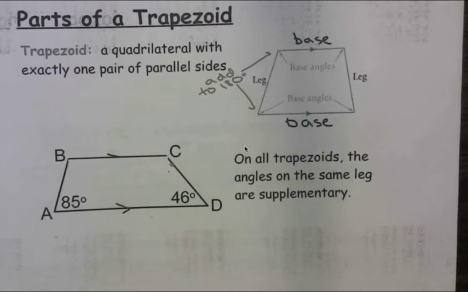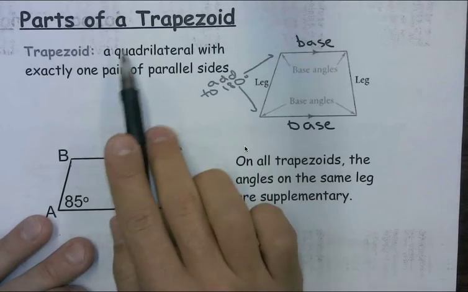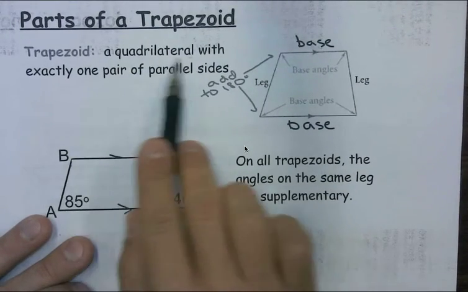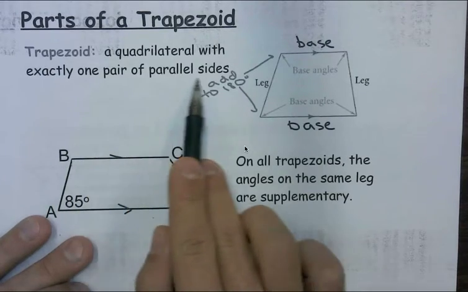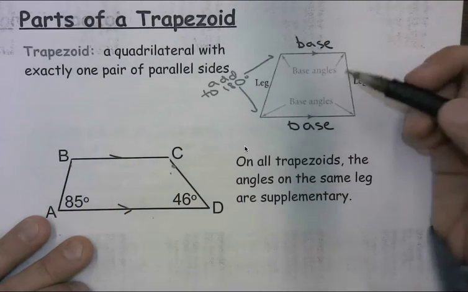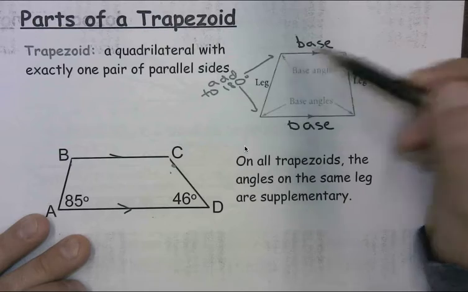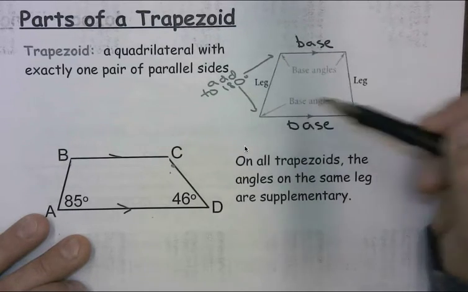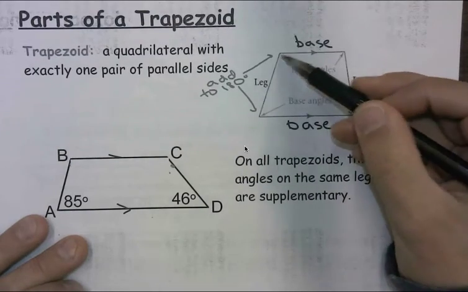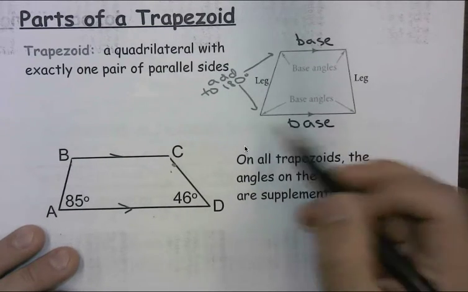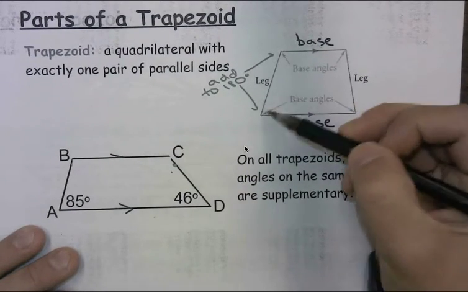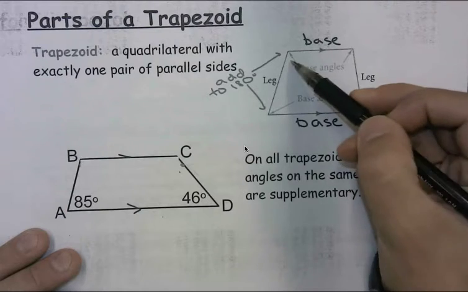As we move forward with parts of a trapezoid, the trapezoid is considered a quadrilateral, so a four-sided figure with exactly one pair of parallel sides. I just told you this. We say that it has four base angles, two up top, two in the bottom. We'll refer to the top part as a base and the bottom part as a base, and the side portions are legs, bouncing off of what we saw with